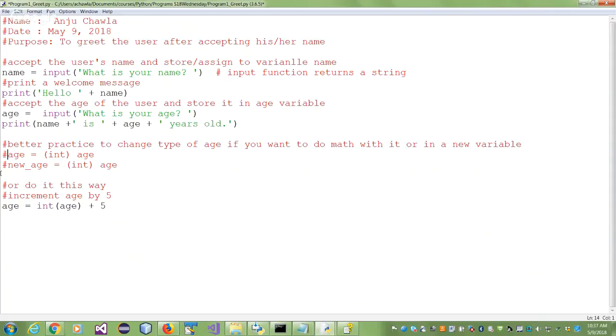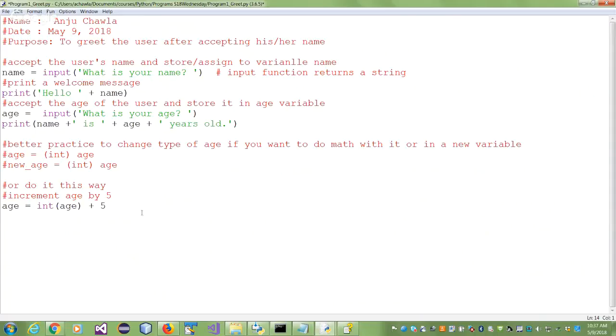The same variable now becomes from string an integer. I can convert it into an int and put it in a new variable, and I keep my age for whatever purpose I have and a new int. So you need both of them, so you've kept them at two places. Or you just need it in one statement, so you don't bother. You just convert it in one. So any of the three will work.